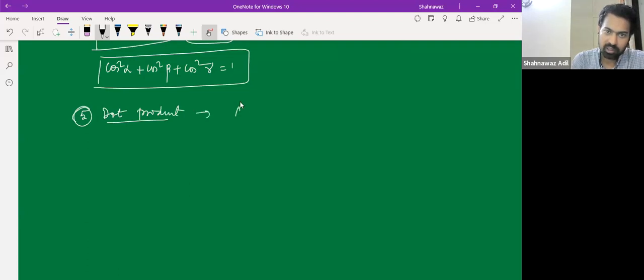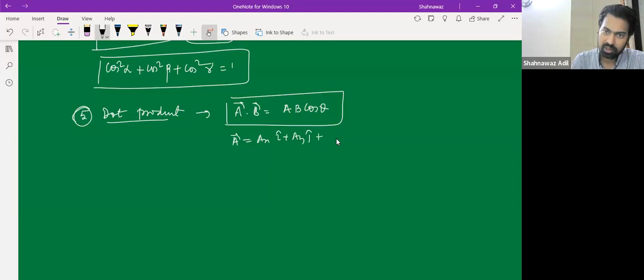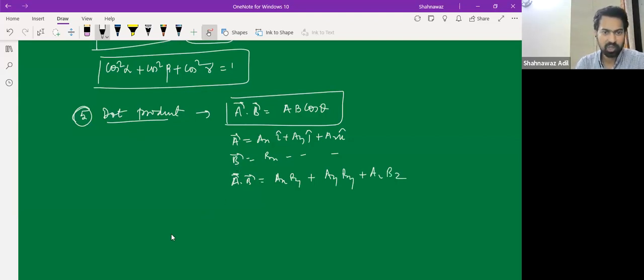Dot product A dot B was simply AB cos theta, right? And we have A, which is AX i, AY j, AZ k, and B, which is BX i and so on. So A dot B came out to be AX BX plus AY BY plus AZ BZ. So this we did in the dot product, and we also did this projection of